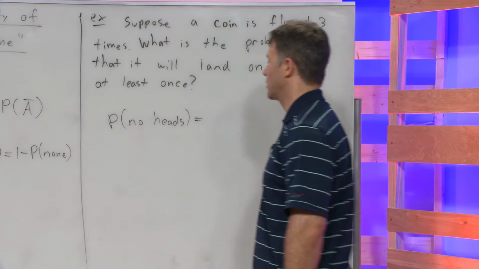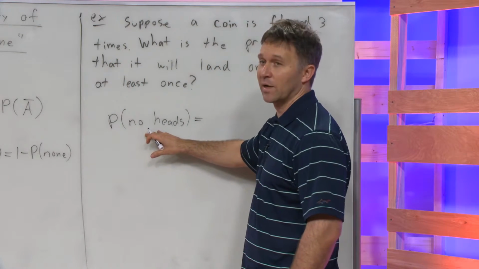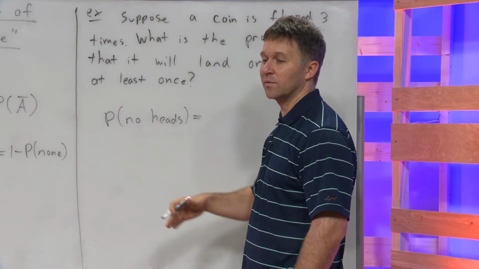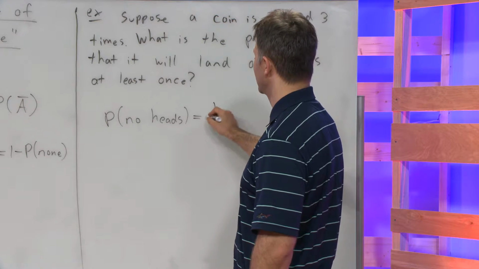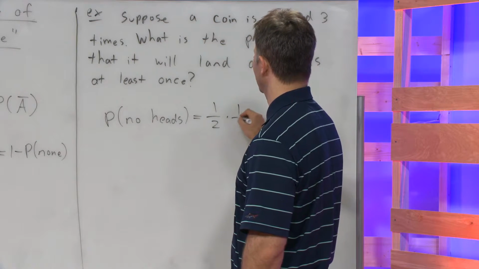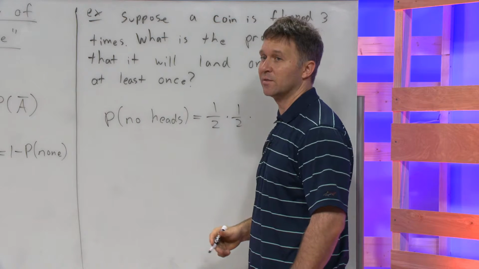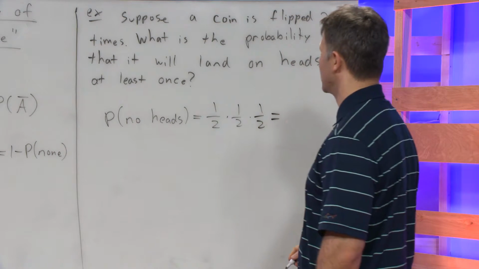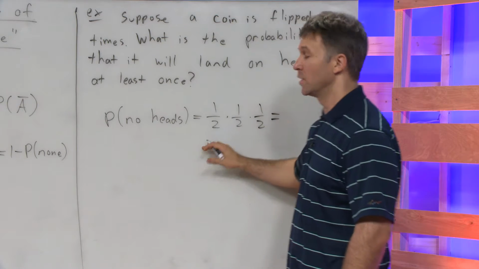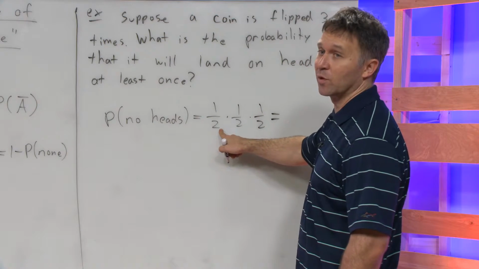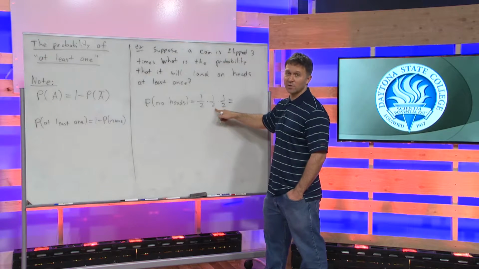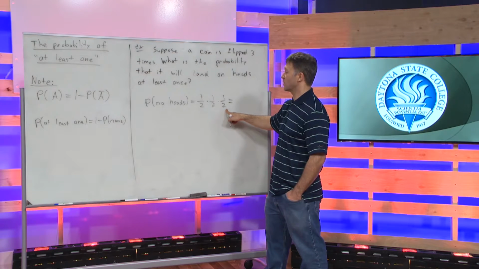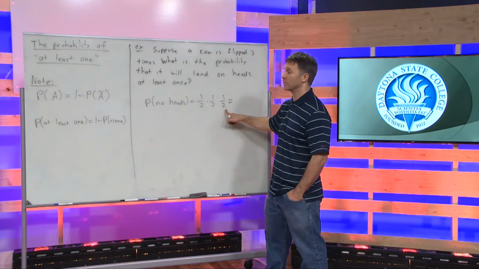So we're going to find the probability of none, which I'm just writing as no heads. I very well could have written P of none. P of none is the probability of the first not being heads times the probability of the second one not being heads times the probability of the third one not being heads. Here we're using the multiplication rule. 1/2 is the probability the first flip will not land on heads. 1/2 is also the probability the second flip will not land on heads. 1/2 is also the probability the third flip will not land on heads,